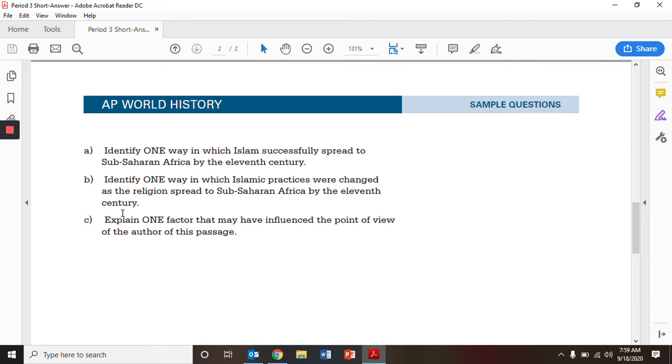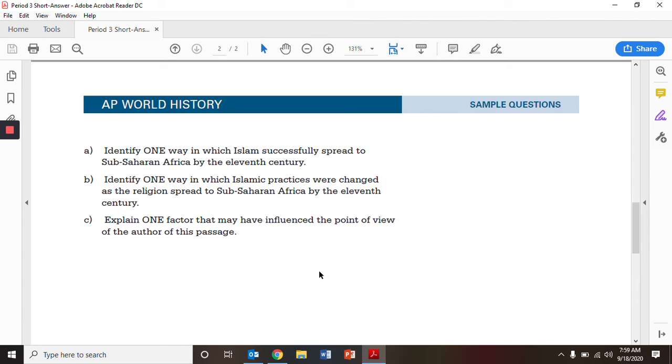Okay, so I only have you answering the first two parts of this prompt. We're not going to look at part C. I just want y'all to look at parts 1 and 2. So for part A, it really helps when you write out your response if you put A like this and then type out your response, then skip a line, then put B, then type out your response.